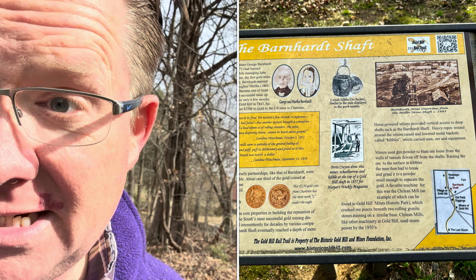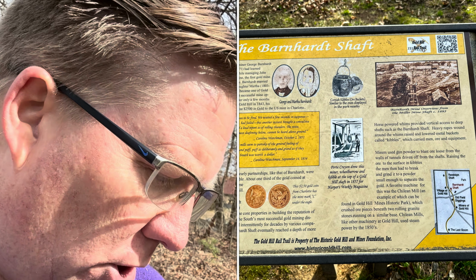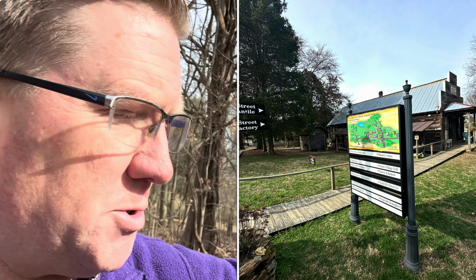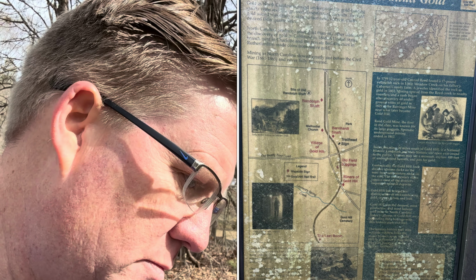Here we go. This is the statistic I was looking for. About 1/3 of the gold coined at Charlotte came from Gold Hill, so from right here. And then it goes on to talk a little bit more on how this particular shaft that's right behind me went down to a depth of 400 feet. They used gunpowder and blew up,